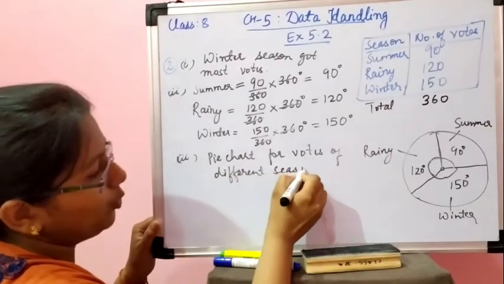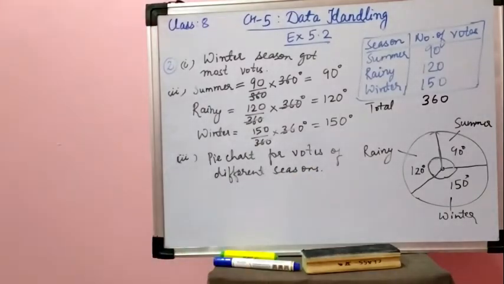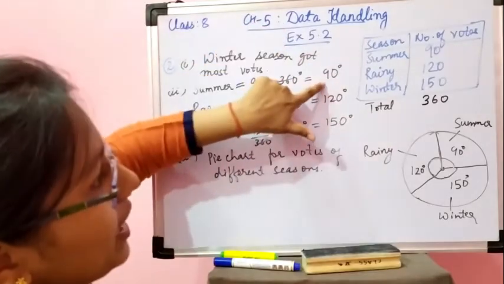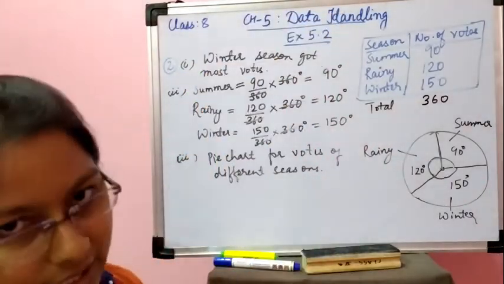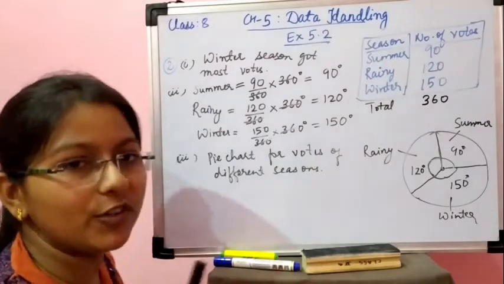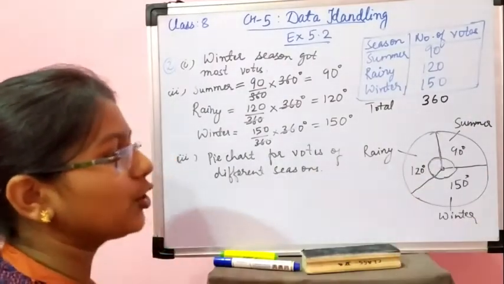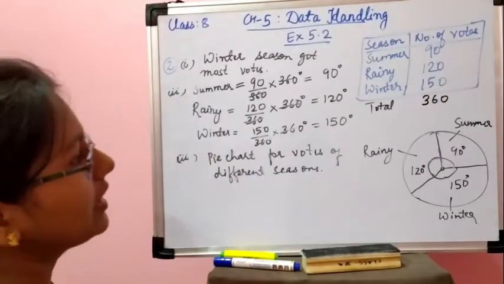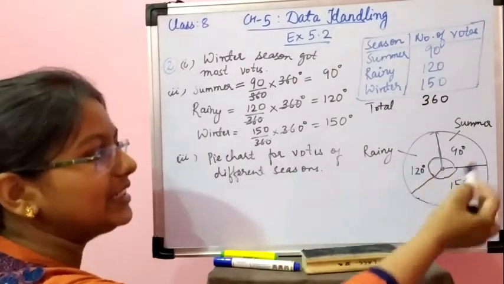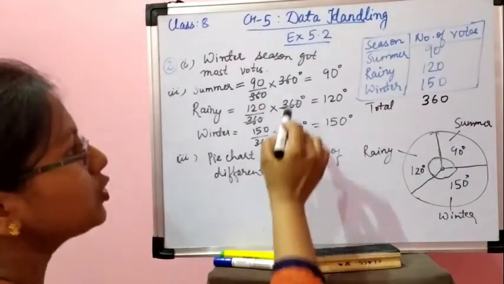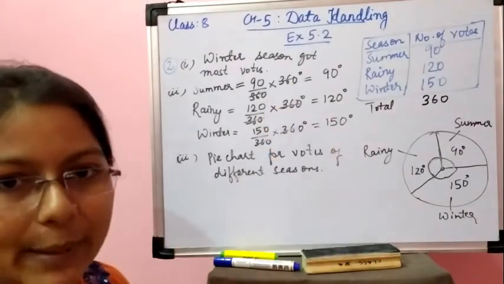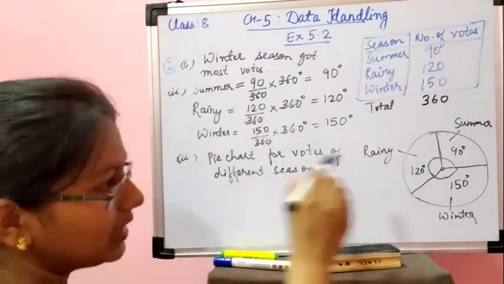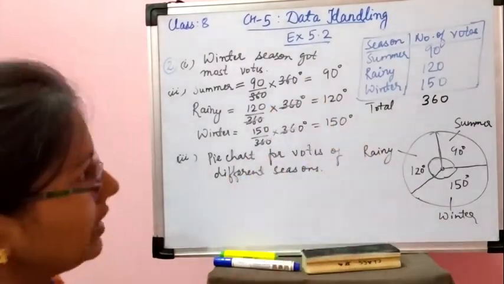Okay, now I hope you all have understood how we can draw the pie chart. For drawing the pie chart, the first important thing is to find the value of the central angle. Until and unless we find the central angle, we can't draw the pie chart. This is the first thing. And to find the central angle, since the complete angle is 360 degrees, in all cases we have to multiply by 360 degrees for any question. If you want to know the angle, then you have to multiply by 360 degrees.